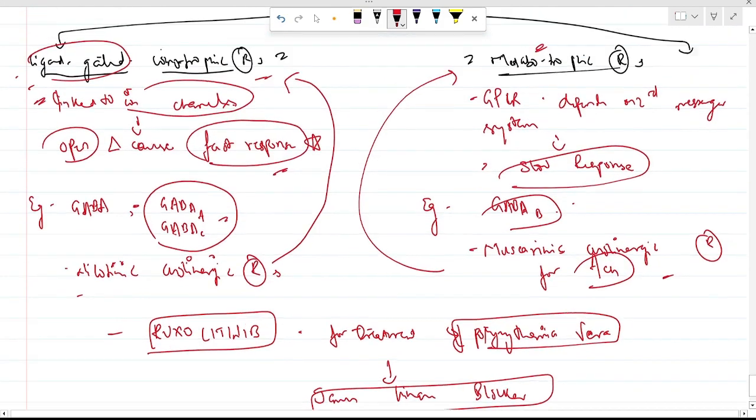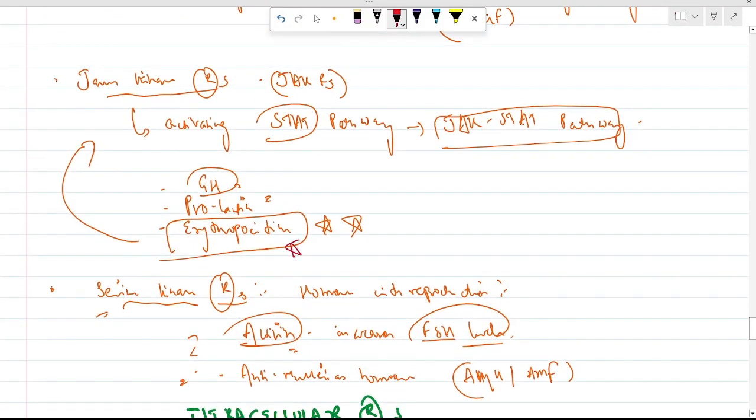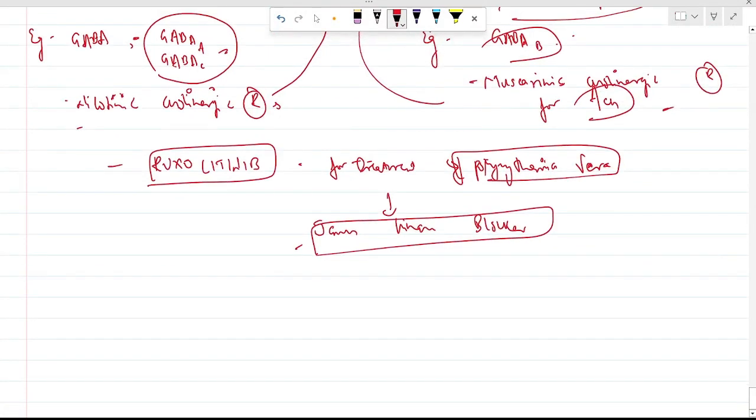As you have seen in the above discussion, this erythropoietin, that's why I said remember, erythropoietin acts through the Janus kinase receptors. So erythropoietin, we know, increases the production of RBCs. So this drug, ruxolitinib, used for treatment of polycythemia vera, is a Janus kinase blocker. We're going to see further how this drug acts in the pathology section. For now, remember, it is a Janus kinase blocker.